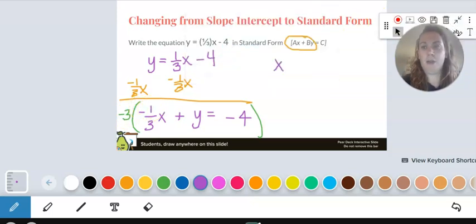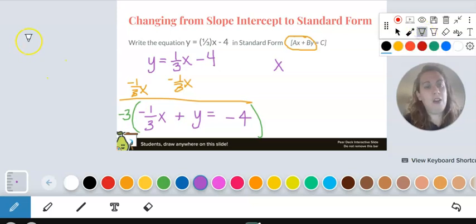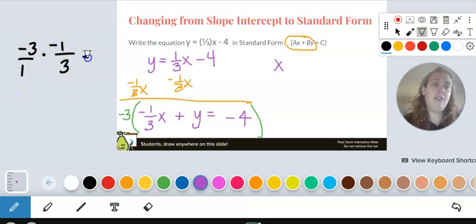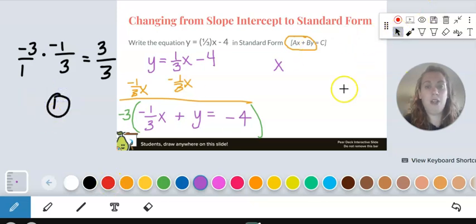If you forget how to multiply fractions, if we have -3 and we're multiplying it by a -1/3, we can think of this as -3/1. And when we multiply across, -3 times -1 is +3. 1 times 3 is 3. 3 divided by 3 is just 1. So this is just a 1x